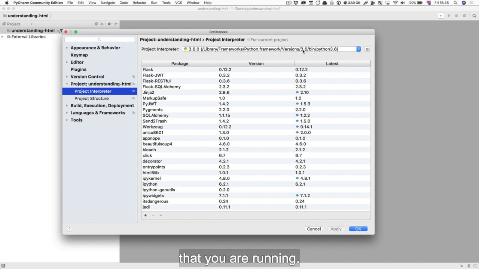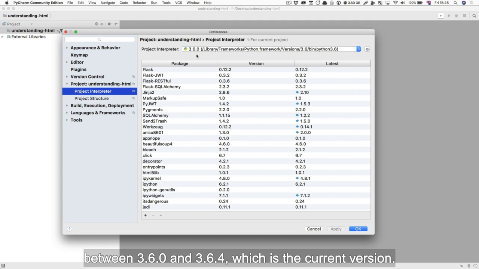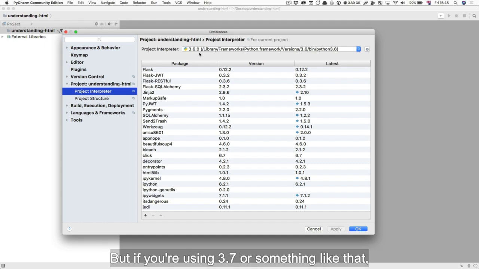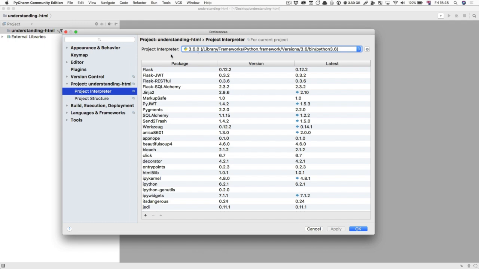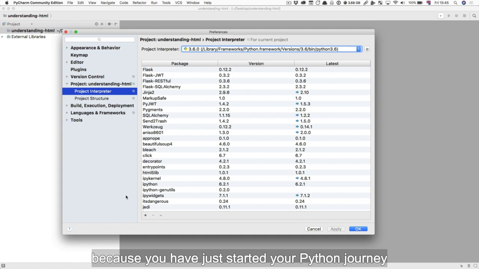In your project, you can choose your project interpreter, and here you'll see the current version of Python that you are running. As you can see, I'm running 3.6.0 because there's not that many differences between 3.6.0 and 3.6.4, which is the current version. But if you're using 3.7 or something like that, you'll see that here. Then down here, you'll see all the libraries you've got installed. It's possible that this will be empty